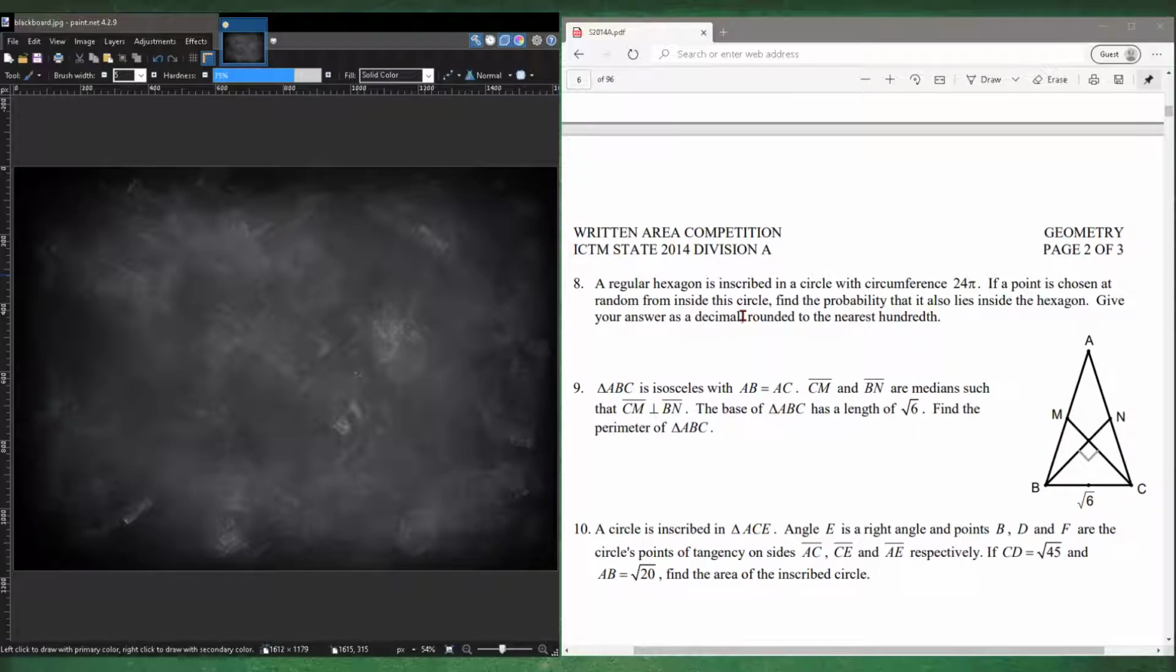Number 8. A regular hexagon is inscribed in a circle with circumference 24 pi. If a point is chosen at random from inside the circle, find the probability that it also lies inside the hexagon. Okay,